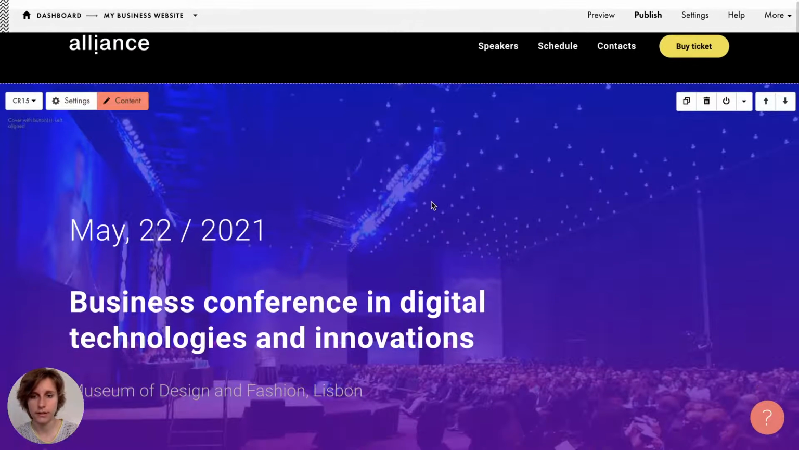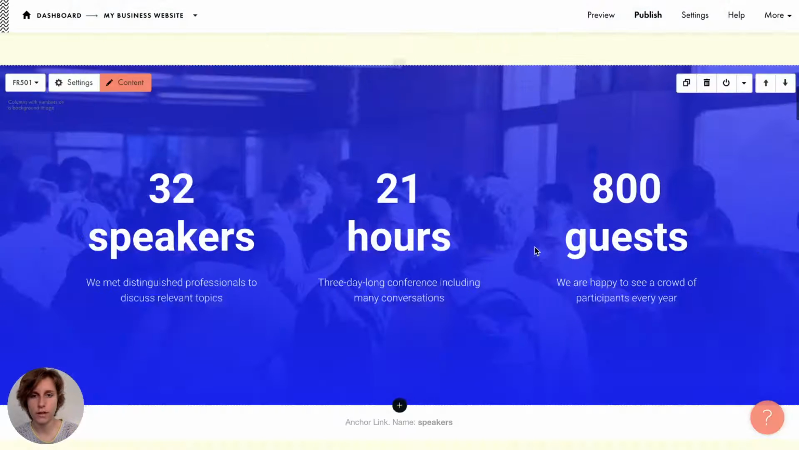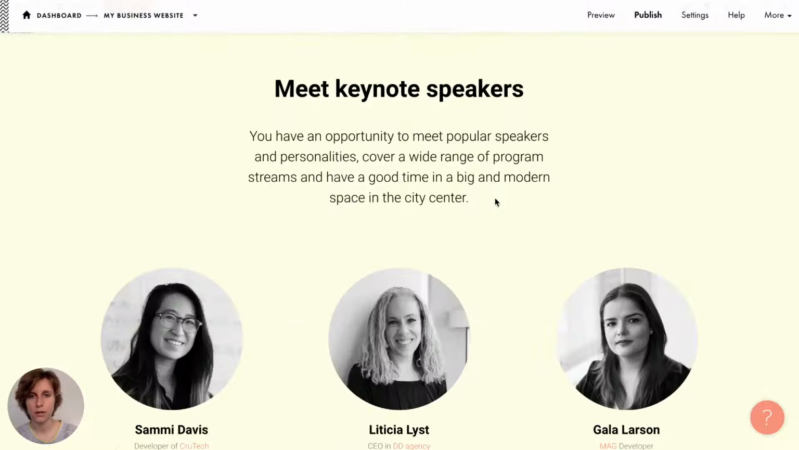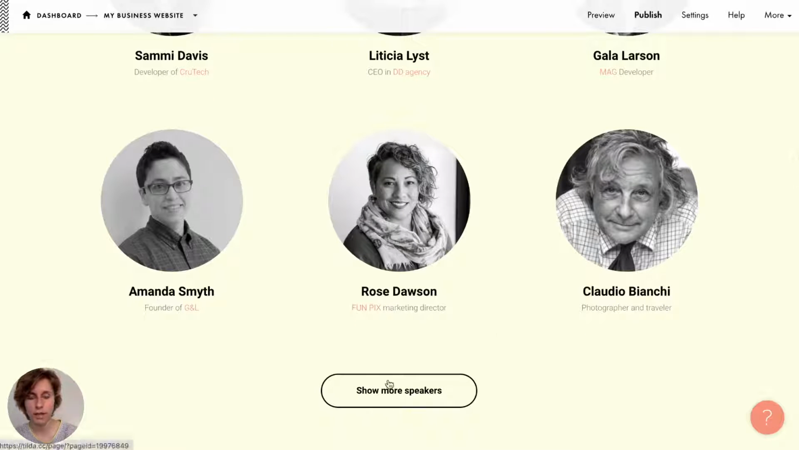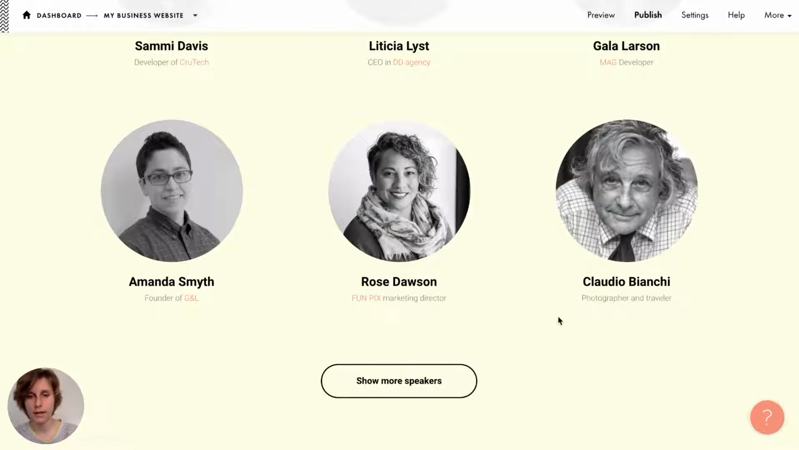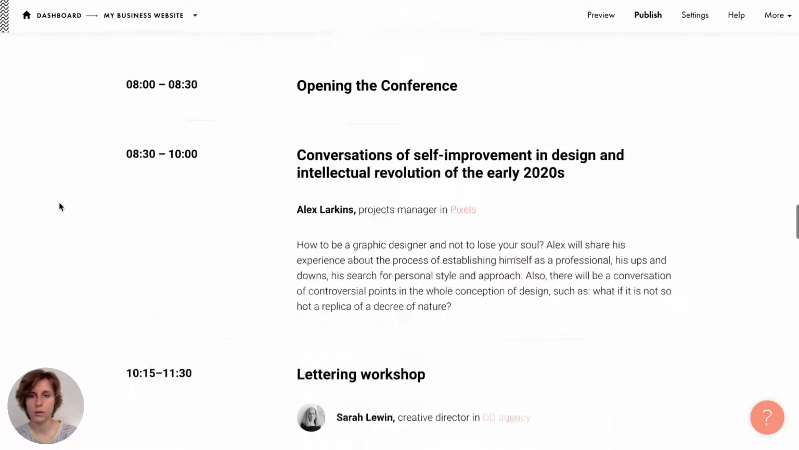Okay, the next one is the cover, then about page with the several pictures. Then we have a narrow block with some figures, highlights, the speakers block. Okay, introducing the speakers. You can also show more speakers by clicking on this button. All the buttons, by the way, are customizable. You can change the color, the effects, the size, and so on. Then there is a nice block with the timetable,